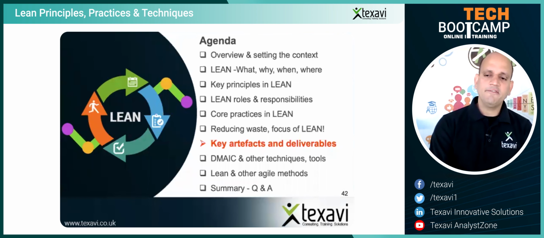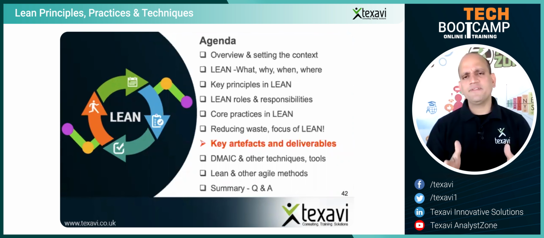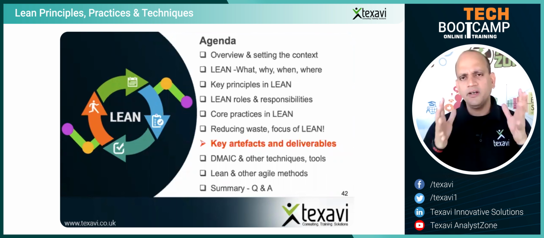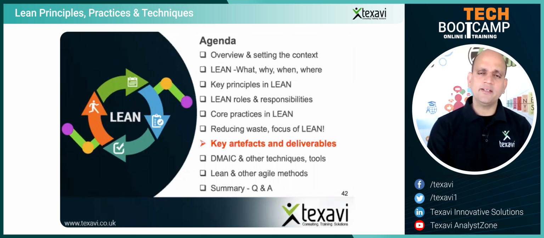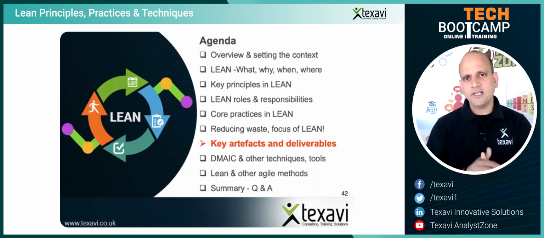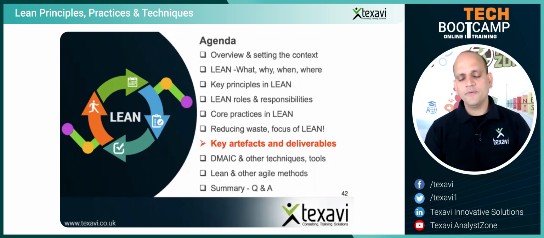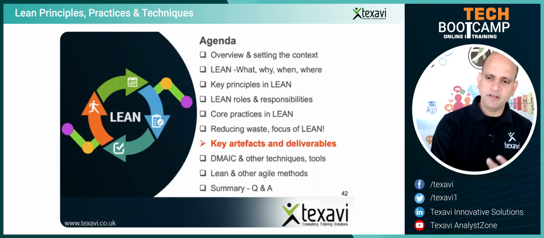Basically, the key artifacts and deliverables in Lean. Again, Lean doesn't really come up with a prescriptive set like Scrum or Kanban, where it says this is important, this must be delivered, because it's a lightweight agile approach. It's not a full-fledged agile methodology like DSDM or SAFe. So we can try and use some of these techniques that we have been seeing.